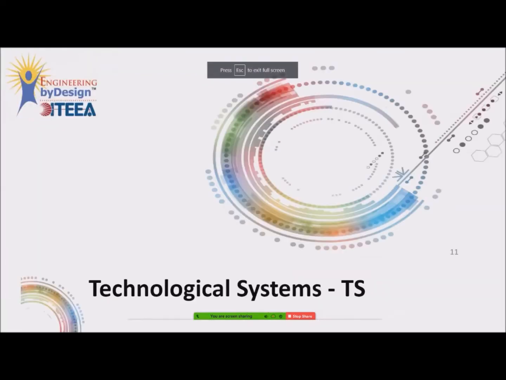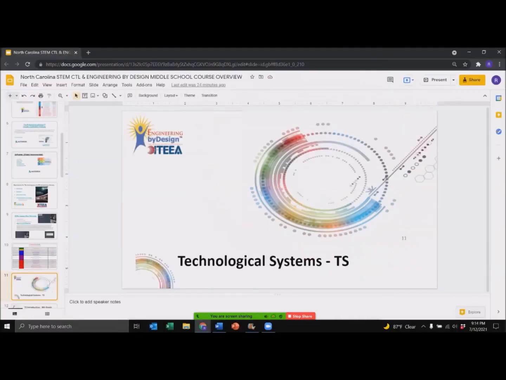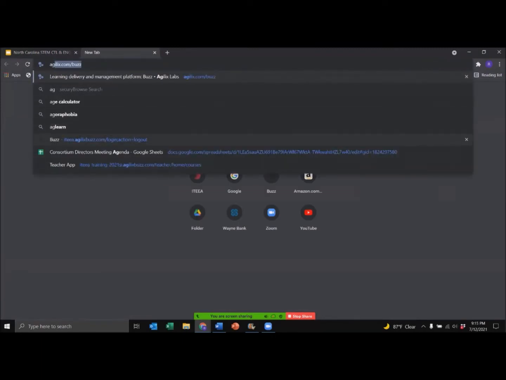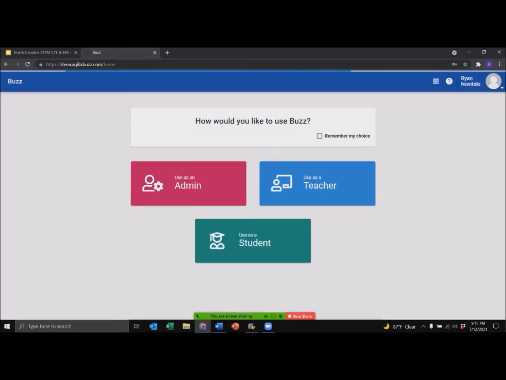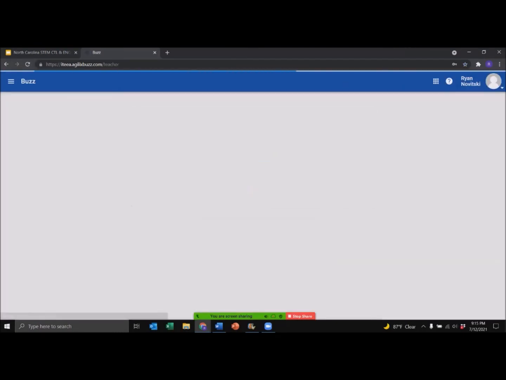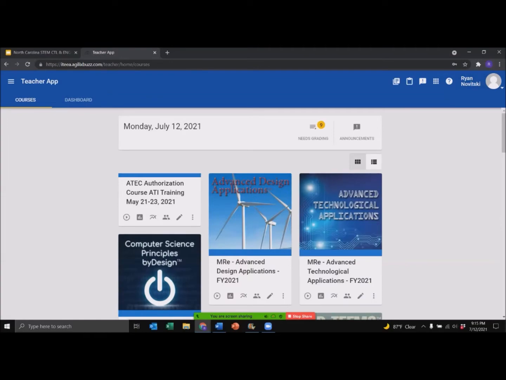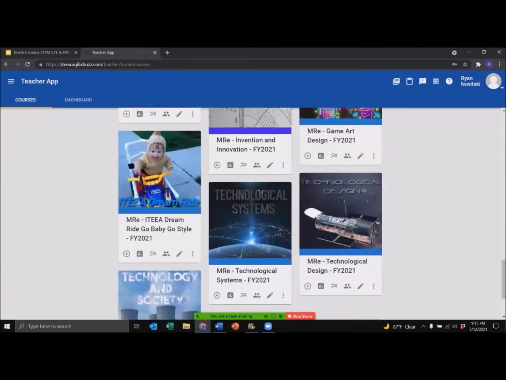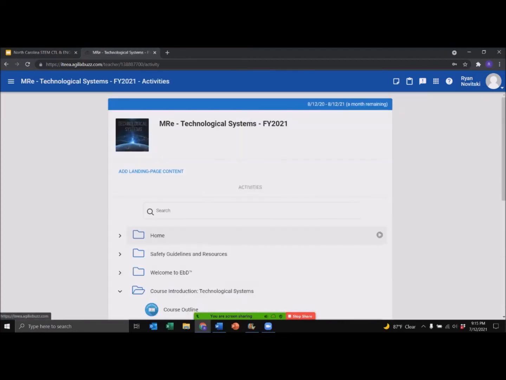Let's go a little bit deeper into individual courses, starting with Technological Systems. First, I want to show what one of the courses looks like in our Agilix Buzz Learning Management System. When I go into Agilix Buzz in our Learning Management System and look for individual courses such as Technological Systems, our 8th grade course,